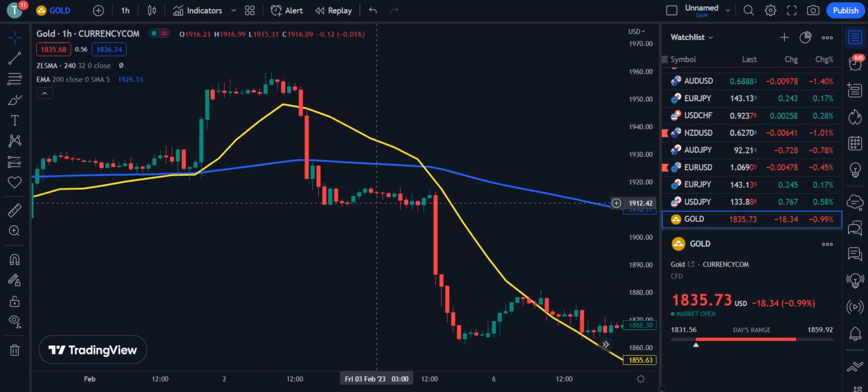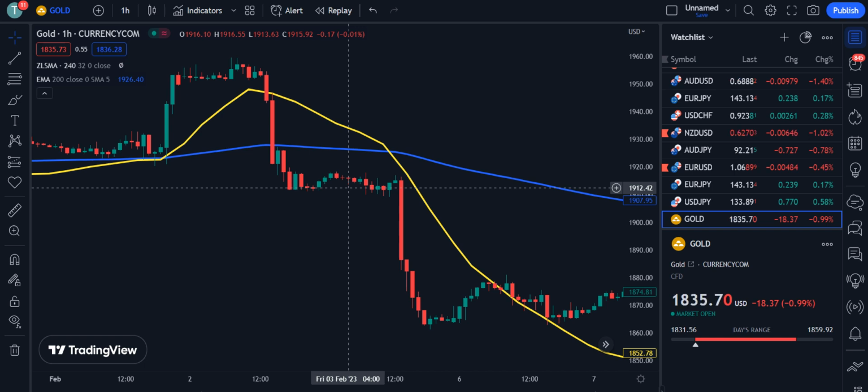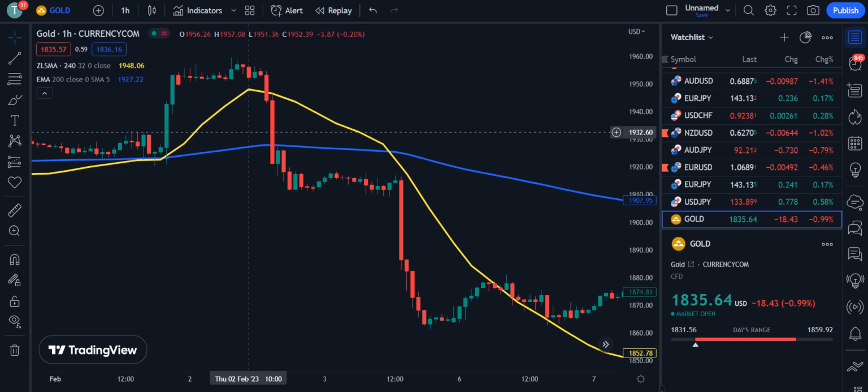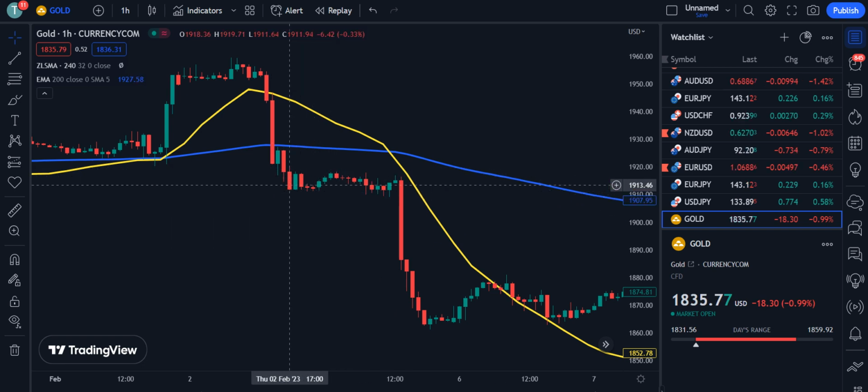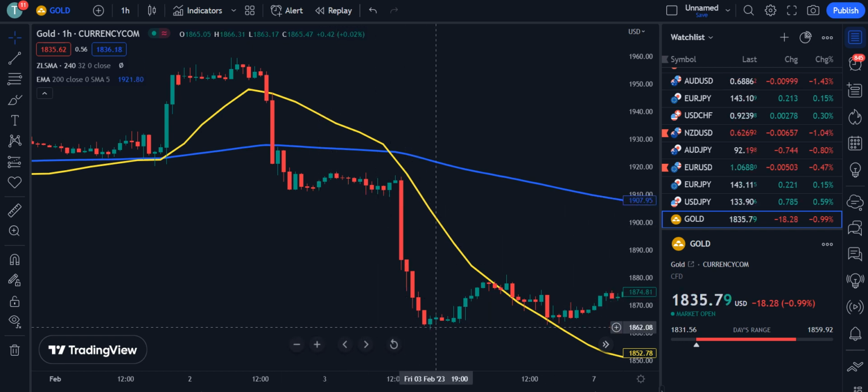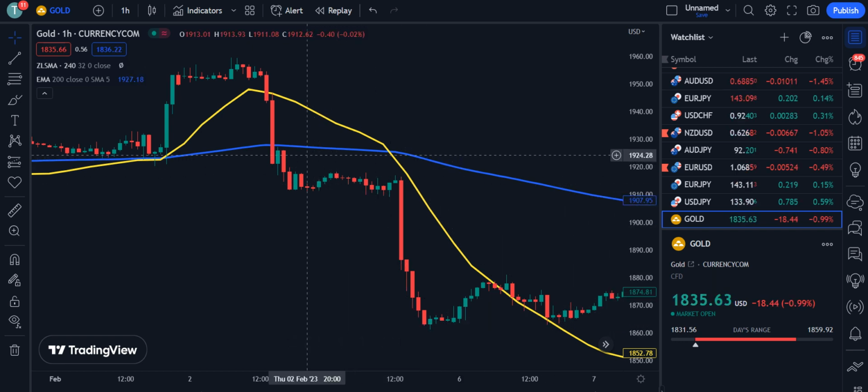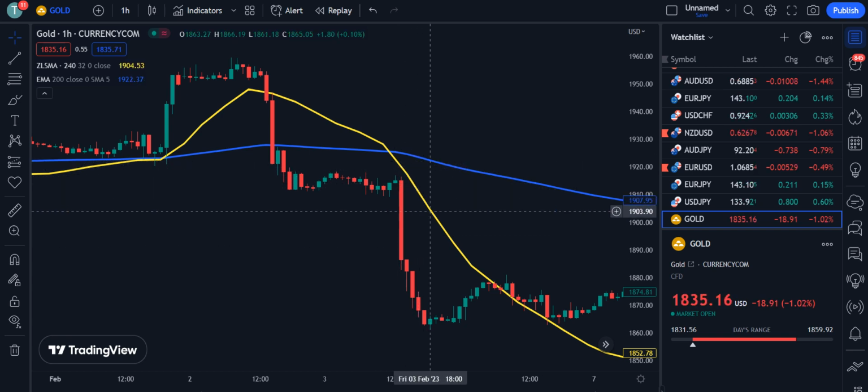In the same way, conversely, when to enter a bearish position: we have to see that the price or candlestick is below this 200 EMA. As you can see here, it is below this EMA. So the second thing, this indicates that our market is in a downtrend, as you can see here. The second thing that you have to see is that the ZLSMA line is below the 200 EMA line. So when our ZLSMA line is below this 200 EMA line,